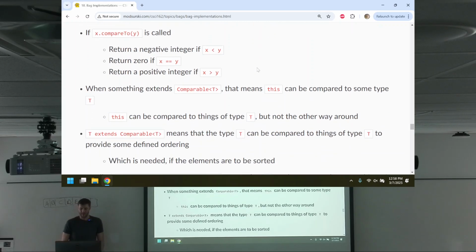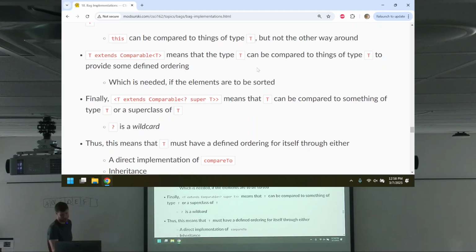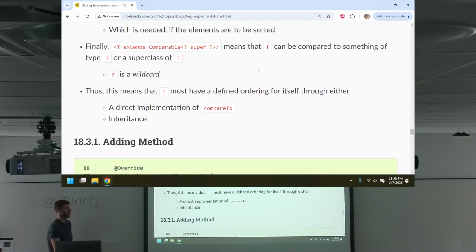So when something extends Comparable, it means that this can be compared to some type T. All right? T extends Comparable<T> means that the type T can be compared to things of type T to provide some defined ordering, which is needed if the elements are to be sorted. Thus, this means that T must have a defined ordering for itself through either a direct implementation of compareTo or some superclass inheritance nonsense.